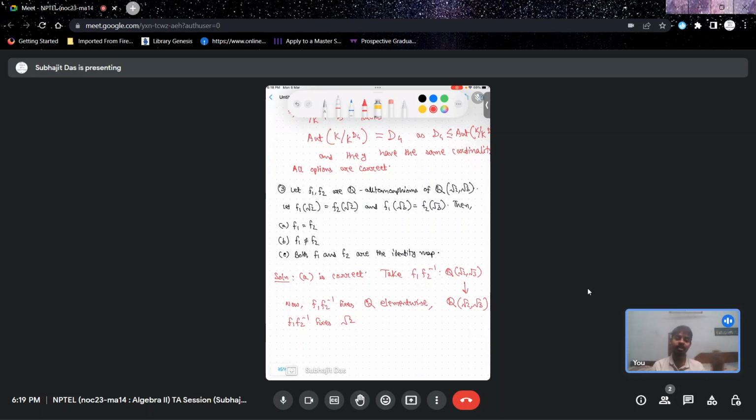So F1 of root 3 is some element of Q(root 2, root 3), and F2 of root 3 is again some element of Q(root 2, root 3), and these two elements have to be equal, which is why I am saying that F1 and F2 both map the element root 3 onto the same element, and thus F1 F2 inverse fixes root 2 and root 3, which implies that F1 F2 inverse must also fix the extension Q(root 2, root 3) element-wise,